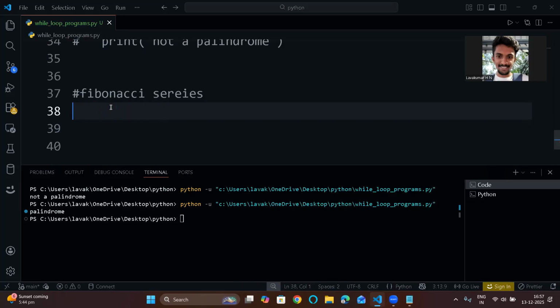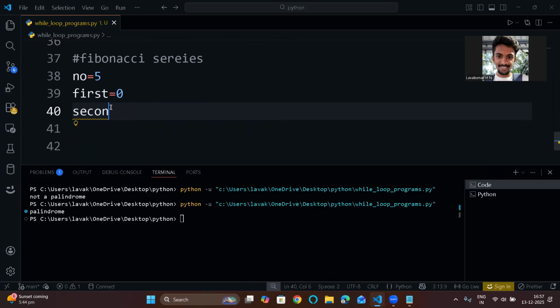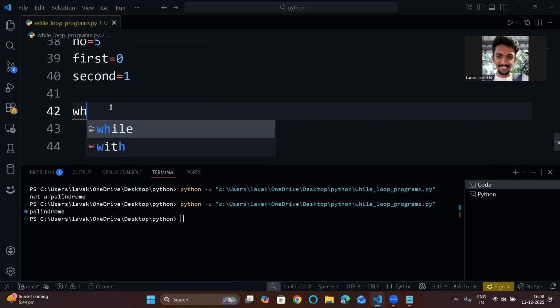So for that, how can we do it using while loops? Have the number for which you need the Fibonacci series. So I will have number equal to 5, and I will start writing code for this. Basically, you need to have first, which is 0, and second, which will be 1. And then the result of these two will be my third number, right? In this way, you start. So use a while loop. While